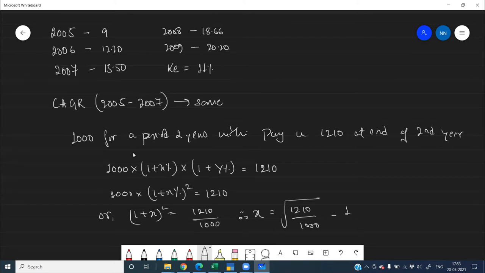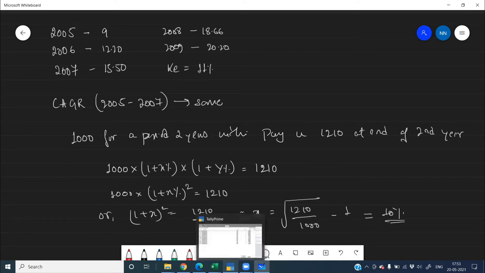आप इसको सॉल्व करेंगे तो आपका आंसर आएगा 10%. Okay, basis similar way, if I am supposed to calculate a CAGR of an item from 2005 to 2007, if I am asked in the question that calculate the CAGR, so basis this same logic, what I have elaborated in my example, I will use exactly the same logic for the calculation purposes of CAGR also. So let's try to solve it.